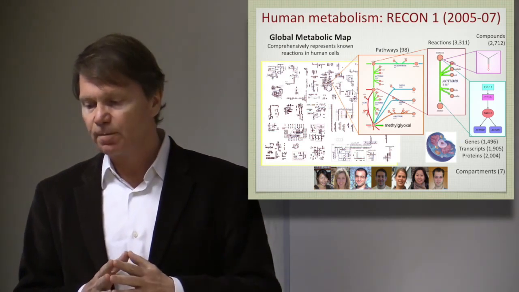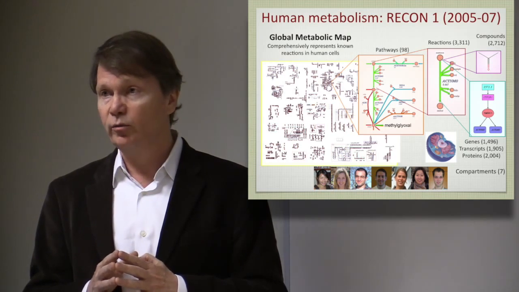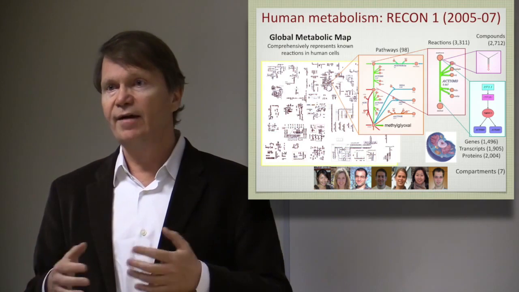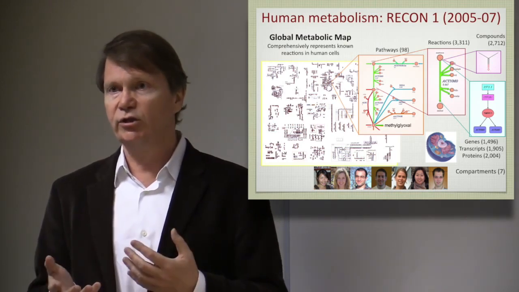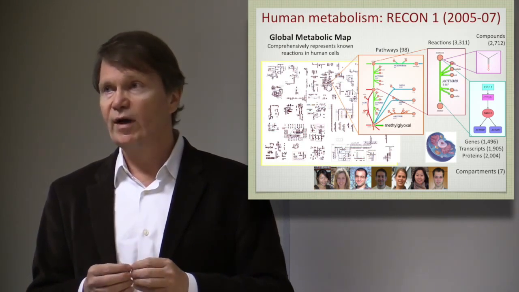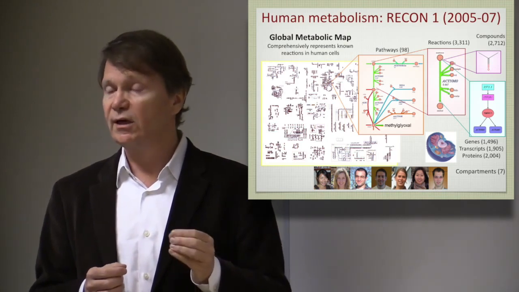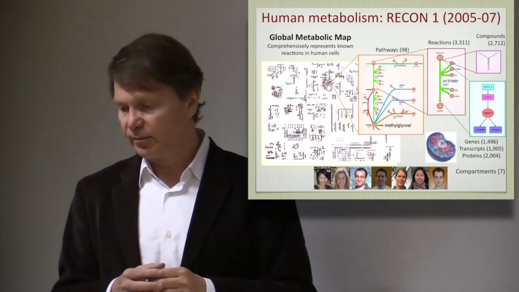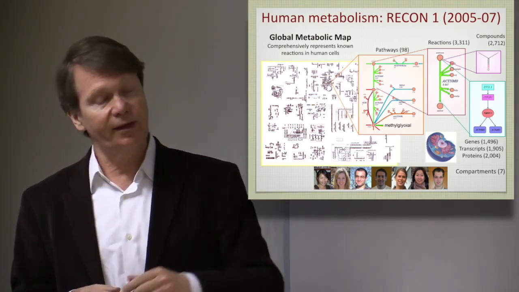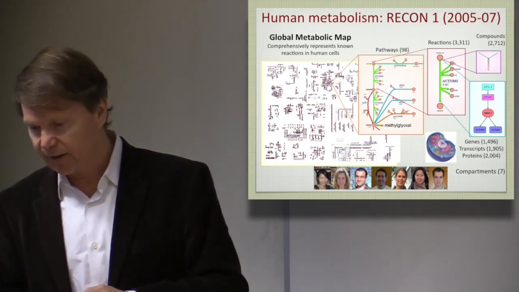I should emphasize that this is the global set of metabolic capabilities on the human genome, and they are not all expressed in every tissue. Every cell type or tissue type in the body uses this network in a different way. So we have to contextualize this network when we want to study a particular cell or a disease process. That's normally done based on expression profiling and other methods to determine what part of that map is actually active in a given cell under a given set of conditions.